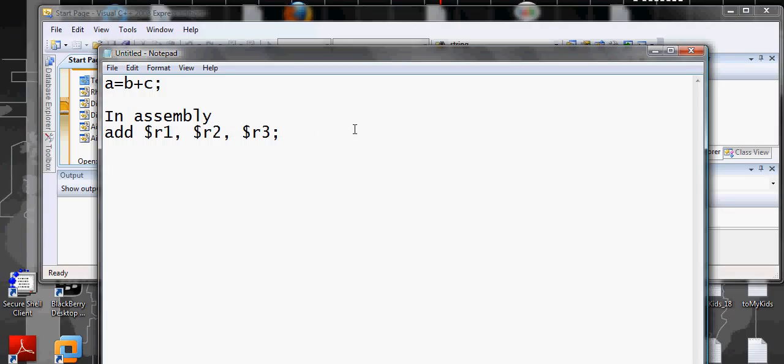Because a programming language is just like any other language. It's just like English, Spanish. It's just that this is what the computer understands. It's just that with the computer you cannot make a mistake. If you forget a semicolon, it will be an error. It's not going to execute.